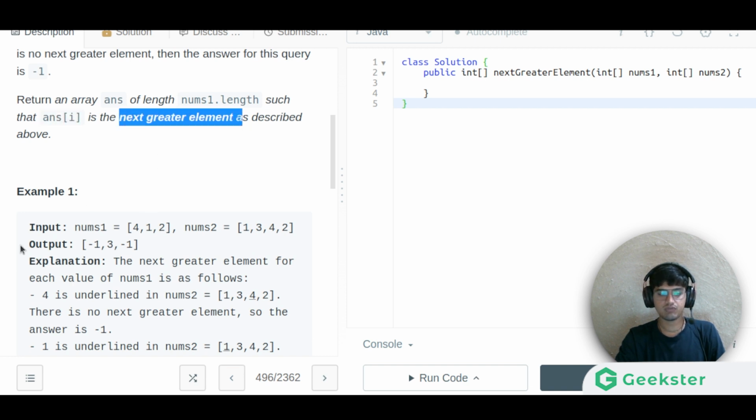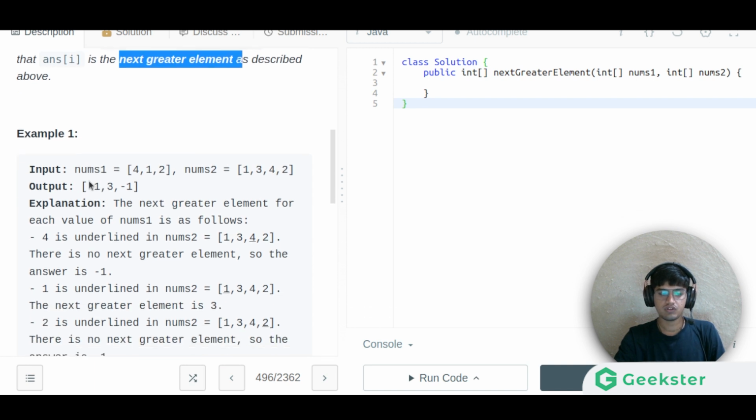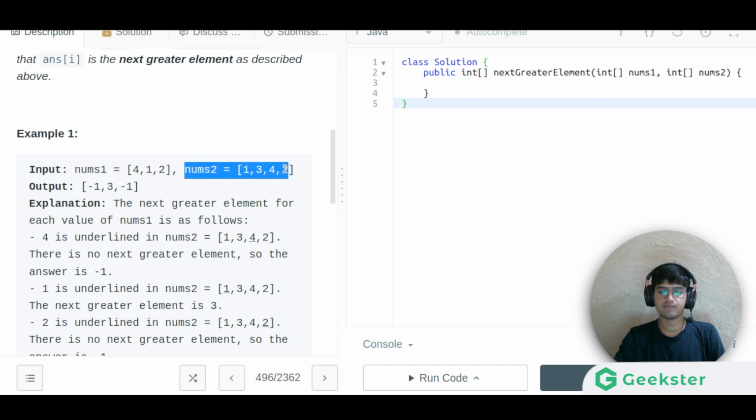I'll explain what the question is saying. From this example we can easily understand. We are given two arrays, nums1 and nums2. nums1 is the smaller one, which is a subset of nums2. For nums1, suppose at the 0th index we have 4.